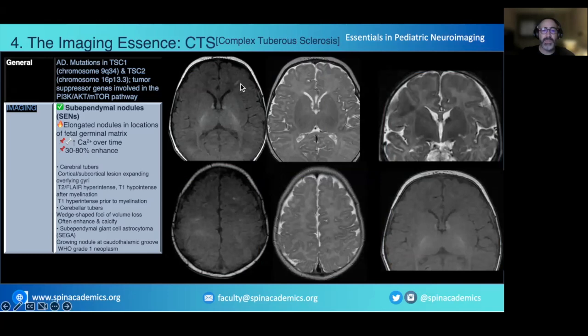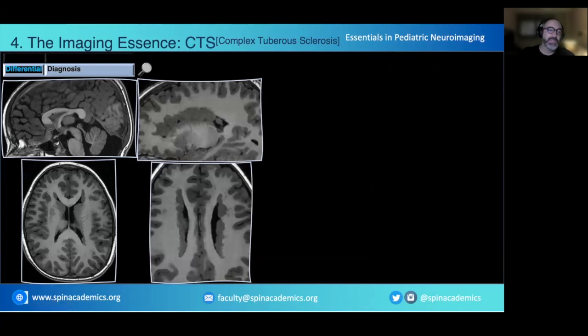We have to mention that the signal of this, not the subependymal nodules, but radial migration lines, changes and evolves over time because of the different myelination during the neonatal period and in the years after. So here you can see these ependymal nodules and these radial migration lines, and these radial migration lines are usually the path to find this type of more cortical lesions, which are, well, first, differential